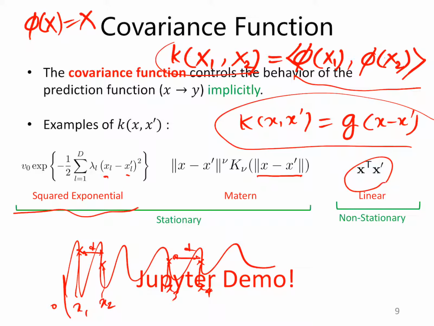For example, if you compare the behavior of this with this, you see that in the Matern kernel, the functions are more jagged, right? It's less smooth. And by changing the parameter of the Bessel function, I can make them second order. I can control the number of derivatives that this function has. So instead of specifying the function explicitly, I can say that roughly my feature function should look like this. It should be the space of, let's say, periodic, all linear functions, all quadratic functions, all polynomials,